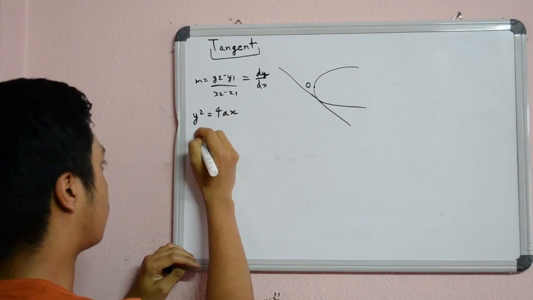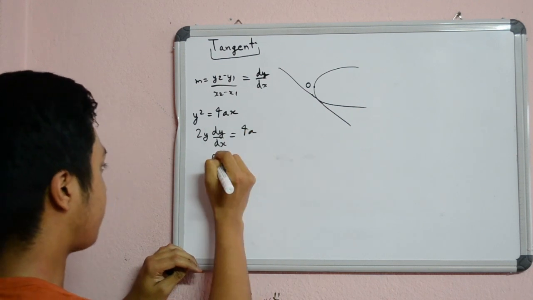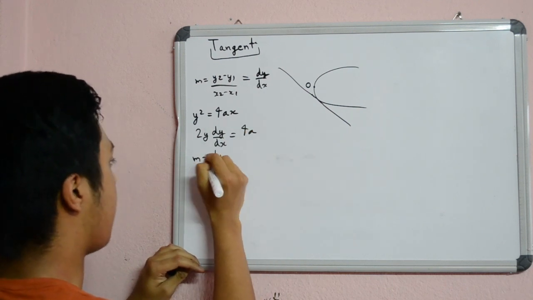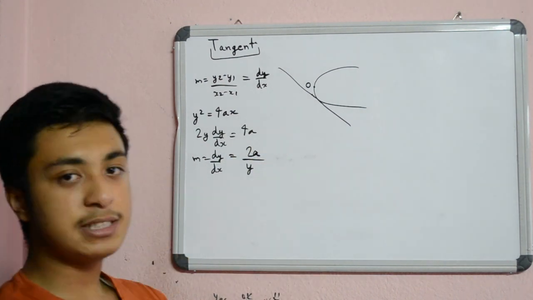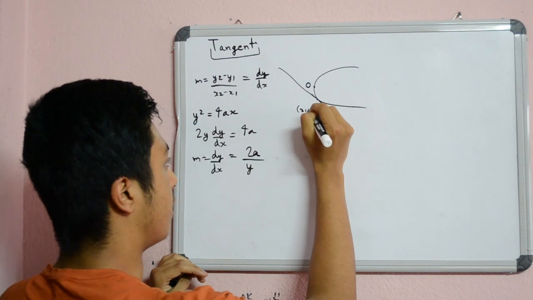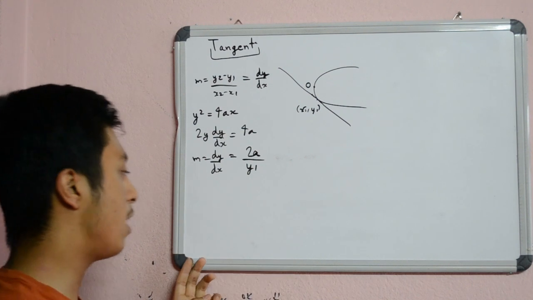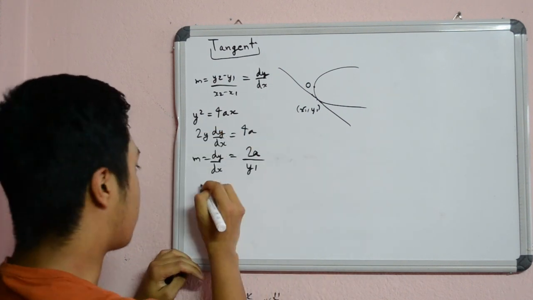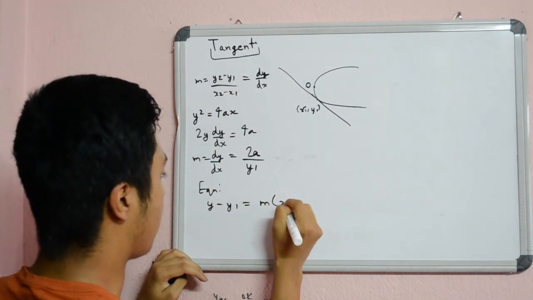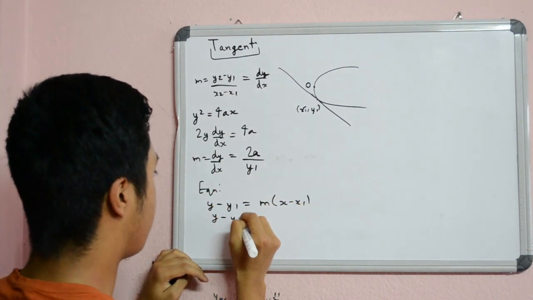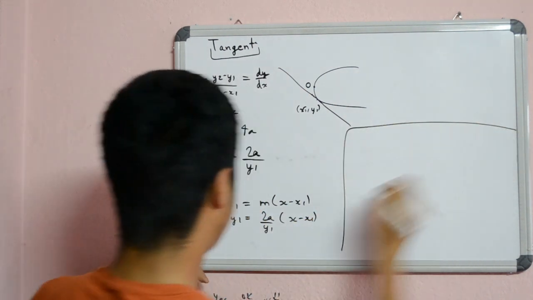So with respect to x, of course, this will be 2y dy by dx equals 4a, and dy by dx, which is our m, will be equal to 2a by y. Now let's say the tangent touches a point x1 comma y1. That means the slope at this exact point right here will be 2a by y1. And simply put this slope in the equation of a straight line, because the tangent is a straight line. y minus y1 equals m times x minus x1. This will be y minus y1 equals 2a by y1 times x minus x1,